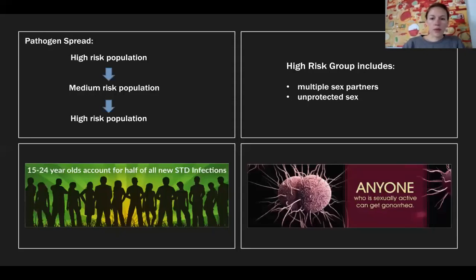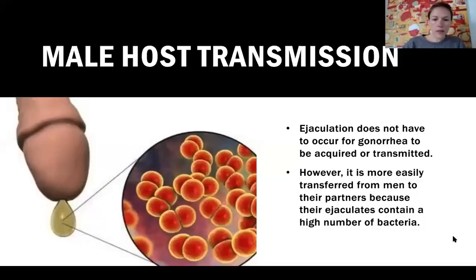Transmission between hosts relies on sexual networks to spread the pathogen from the core high-risk population, where the majority of cases occur, to the fringe or medium-risk group, who then transmit it back to the core group. This core group includes people with multiple sexual partners and those who have unprotected sex. So 15 to 24-year-olds account for half of all new STD infections, and anyone who is sexually active can get gonorrhea. Next slide,